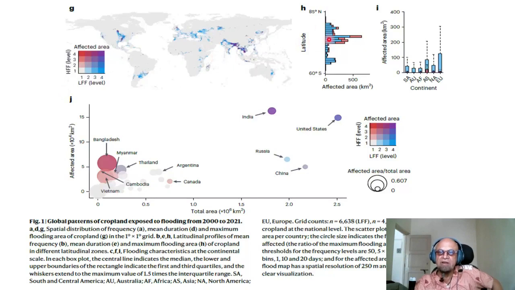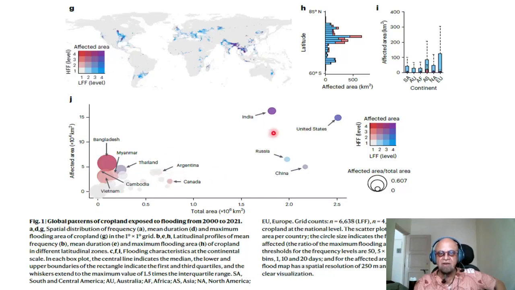Again, there are latitudinal dependencies, and you can see that tropics have certain frequency and intensity or affected scale, affected area, which shows up here in terms of continental. So South Asia, Australia, Africa and so on and so forth. Okay, so this one should help. Affected area in 10 to the 4 square kilometers. Bangladesh is here in terms of total area, and Vietnam, Myanmar, Thailand, Cambodia, so they are in the lower range of total area, but affected areas are larger, whereas Argentina has larger total area but affected areas are smaller.